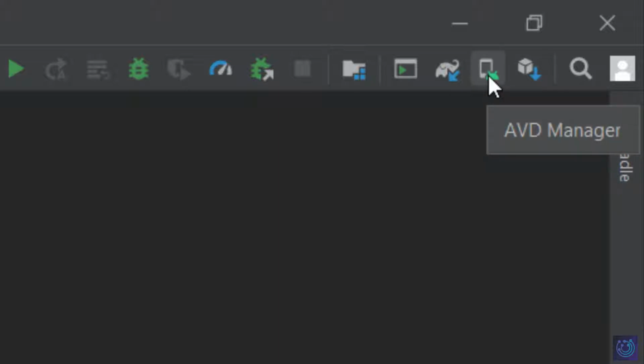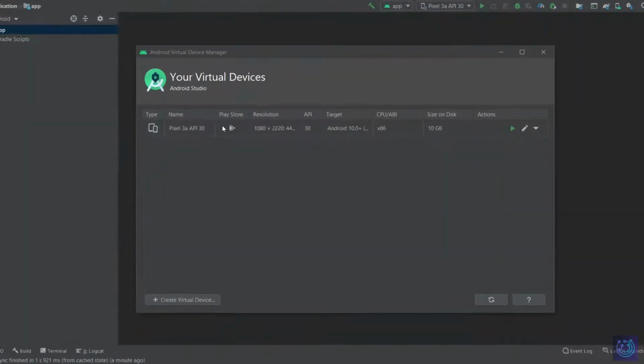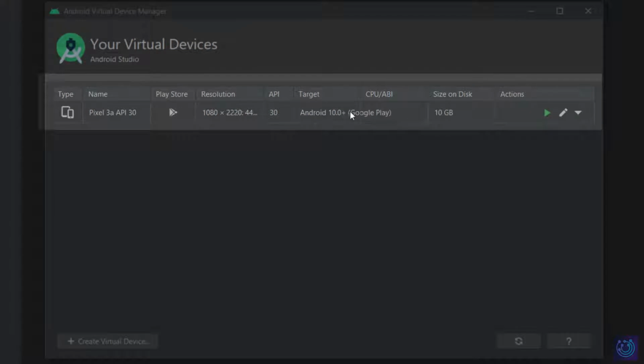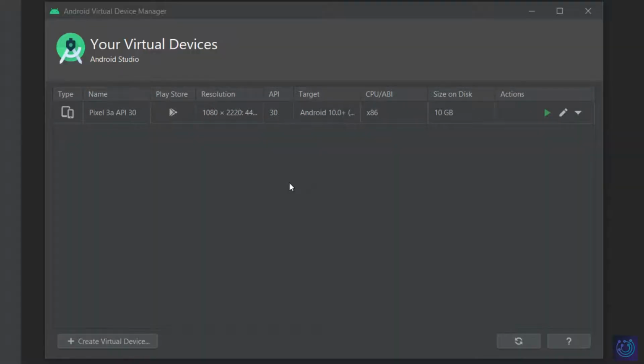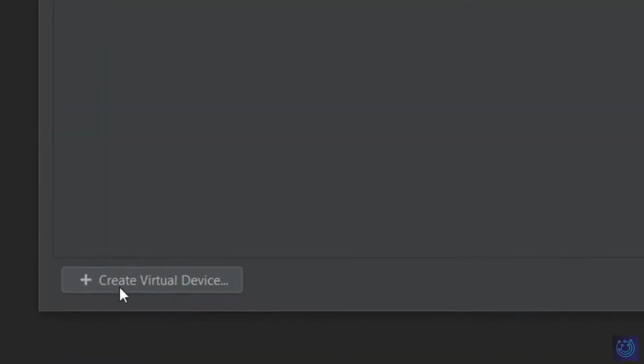All you have to do is click once, and after that a pop-up will appear. You won't have this data on your device, because this is something which I created after I installed it. So the way you create a virtual device is go down below and click on the create virtual device option.